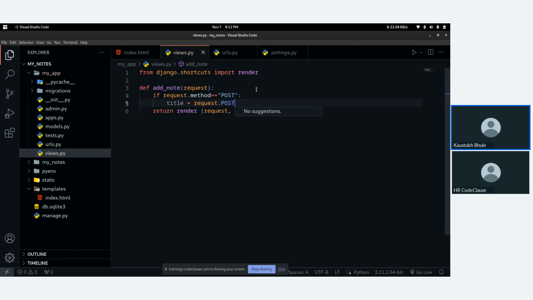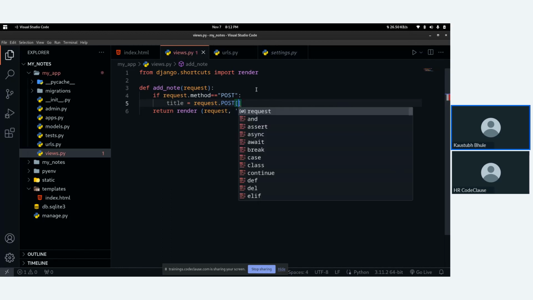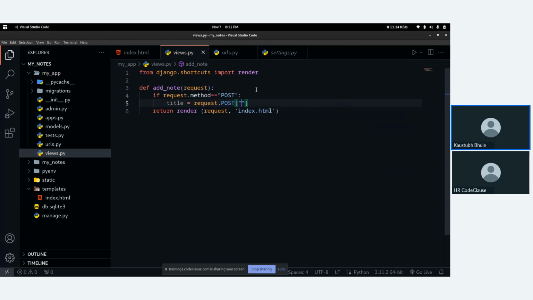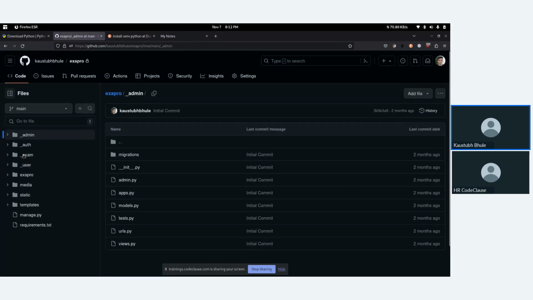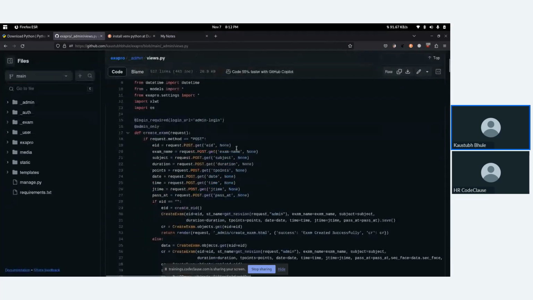You can do request.POST. There is, I guess, a get function, but you can also do this. Let me check once if I'm right. Yeah, okay, we can use both methods.